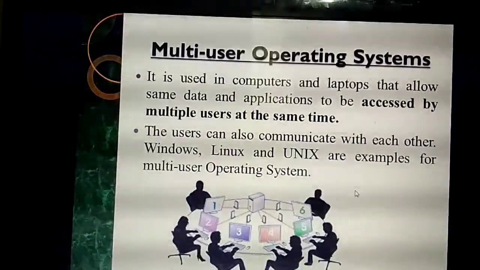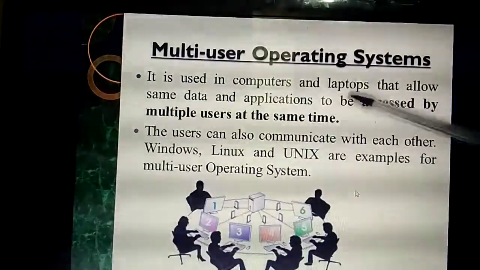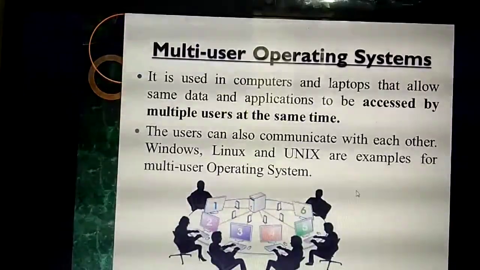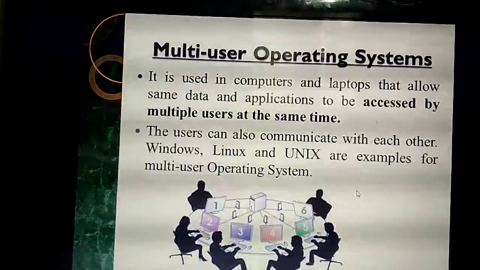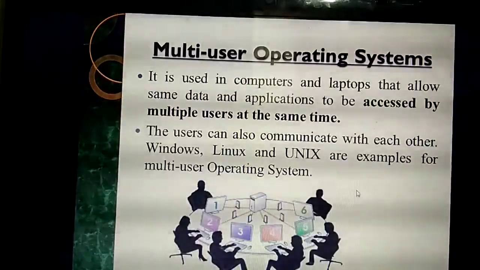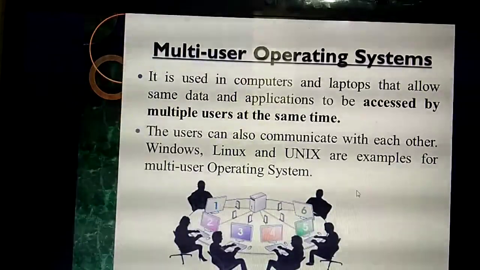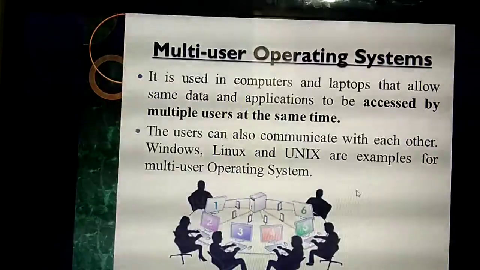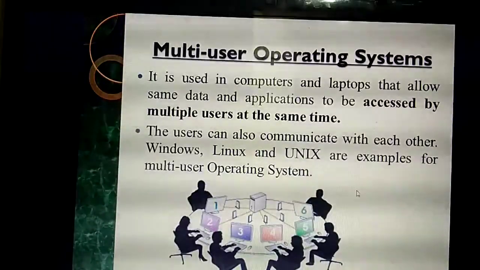So each and every system is interconnected. What do you mean by interconnected? Connected by using cables. Connected together. In this multi-user operating system, multiple users can access. Isn't it? So on the ground floor, 5 classes are there, which means 5 classes can get the video files at the same time. For example, last period, you might have seen all the classes playing the video files at the same period. Isn't it? So at the same time, multiple users can get the file from this single system.